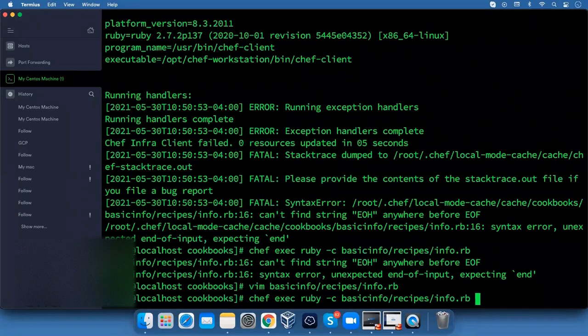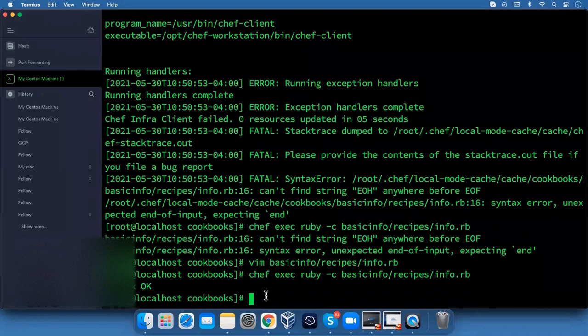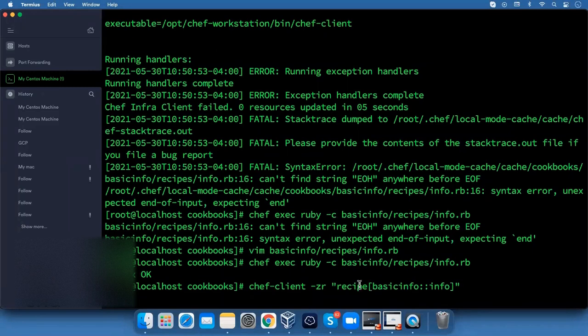And execute the Ruby code check again. Syntax OK, that means our code is okay. Now run the command again, chef-client -zr recipe with the cookbook name and the recipe name. Hit enter.